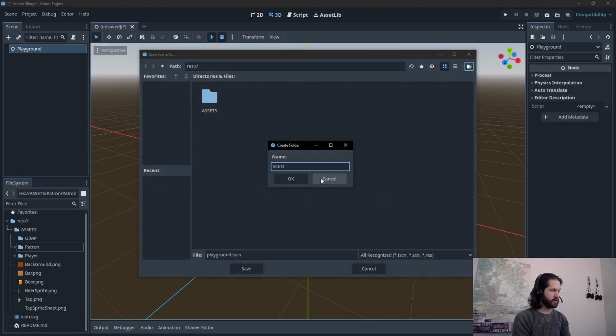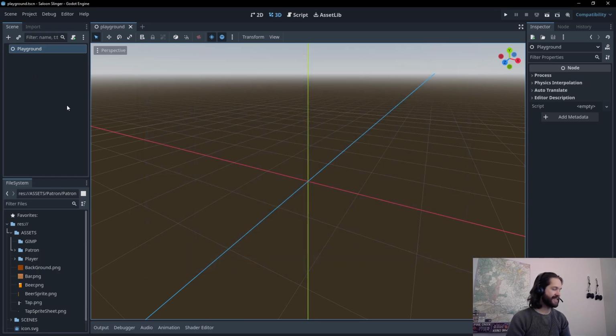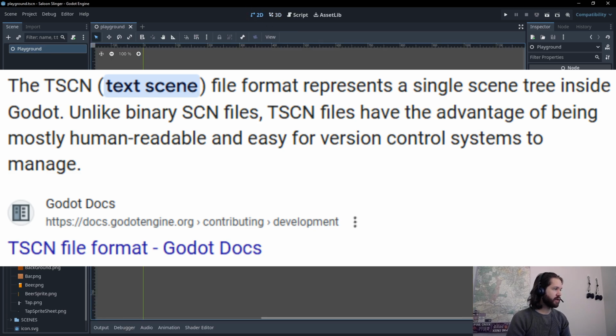We like to organize our things as assets, scenes, and scripts, and maybe a couple other things depending on what else we add to the game. So we've got a folder for scenes, save our playground.tscn file. Those are, I call them tscene, I don't know, but those are the scene files. And this playground is going to be where we construct our 2D